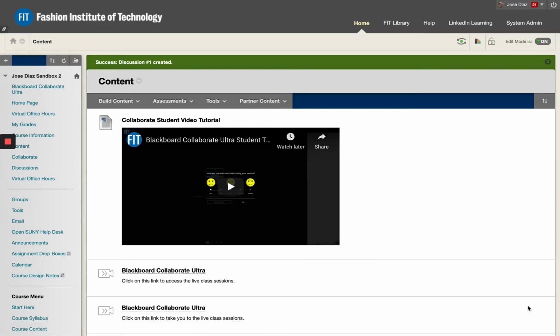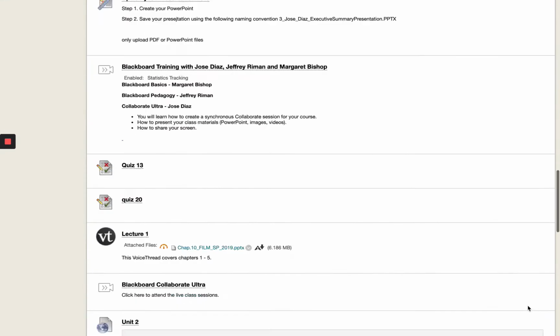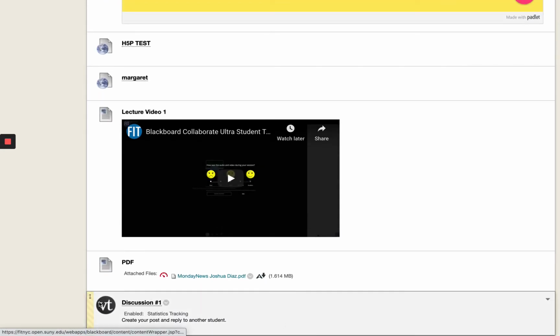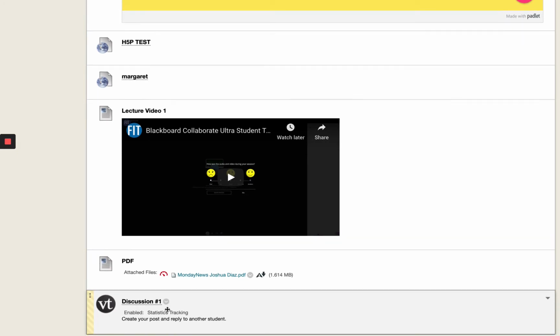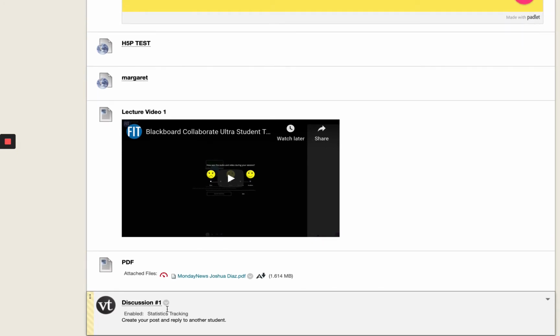All right, and anytime you add something to Blackboard, it goes all the way down to the bottom. So let's scroll all the way down there. And there it is. This is my VoiceThread discussion. And the way you can identify a VoiceThread is by the icon here, a little circle with the letters VT